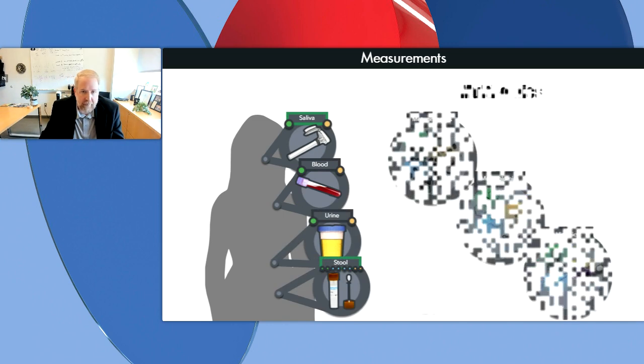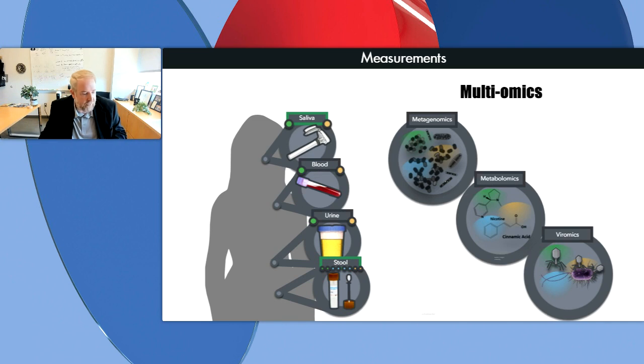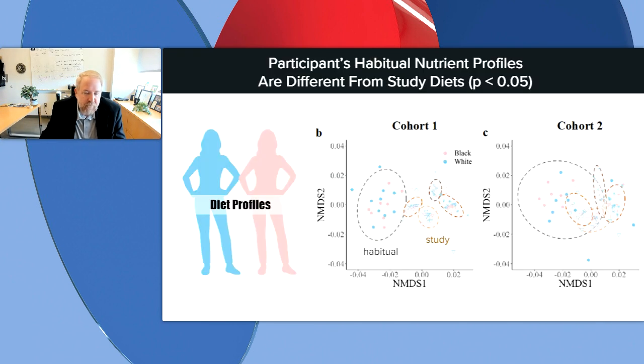Now, I'm not going to be able to talk about all these today, and the multi-omics spanned metagenomics, metabolomics, and viromics. This is an ordination plot, or a graphical plot, of the habitual diet shown in this large gray circle for cohort 1 and cohort 2. And then the study diet, the intervention where we controlled the vegetarian diet, are shown in the brown circles here. And so for cohorts 1 and 2, there are significant differences between the habitual diet and the study diet. That's important because it shows you we're changing the microbiomes with the dietary intervention. There's a bit more difference in cohort 1 and cohort 2, but both are statistically distinguishable between the study and